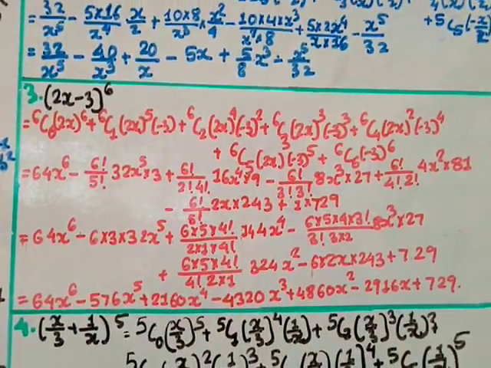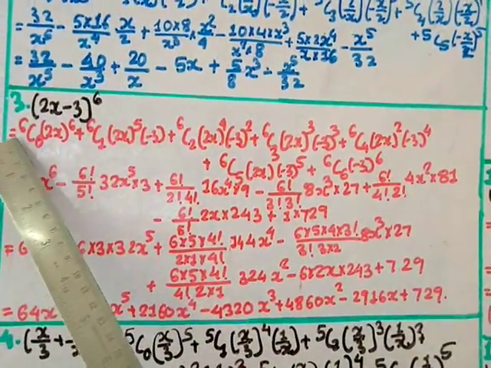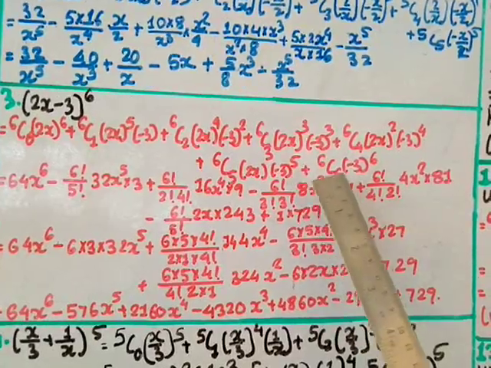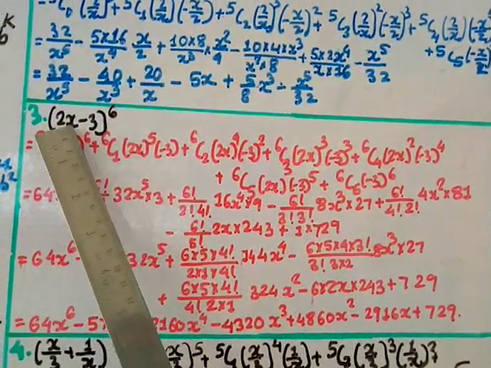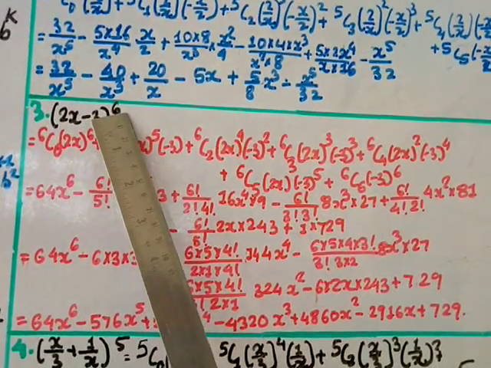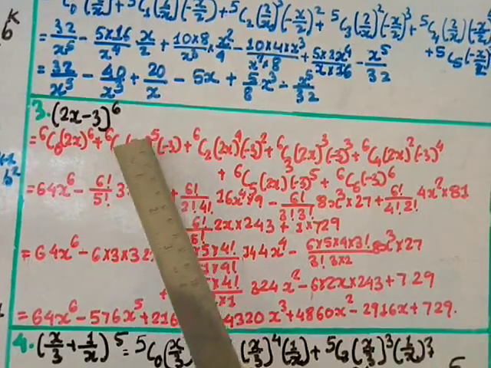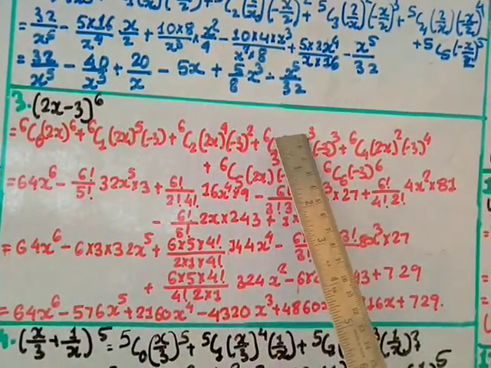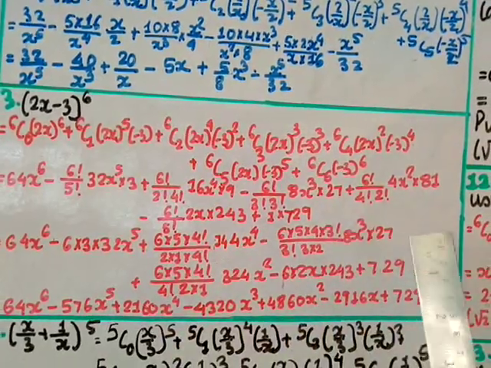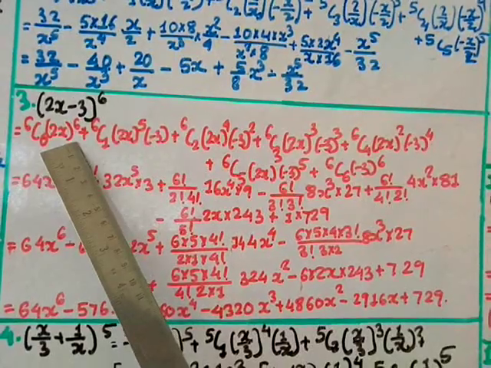Question number 3, (2x minus 3) power 6. So here n is 6, so you have to start with 6c0 and you have to go up to 6c6. Okay, so let us start here. 6c0, here 2x power 6, this first term will have the highest power, and start with highest and decrease by 1. So here you see 2x power 6, 2x power 5, decrease by 1, 6, then 5, then 2x power 4, 5 and 4, then 3, 2, 1 and 0. Okay, then the second term will increase by 1, so for beginning it is 0,